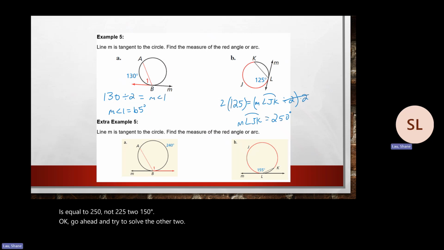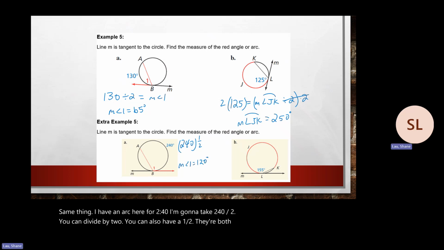And come on back. Same thing, I have an arc here for 240. I'm going to take 240 divided by 2. You can divide by 2, you can multiply by 1/2. They're both the same thing. I get the measurement of angle 1 to equal